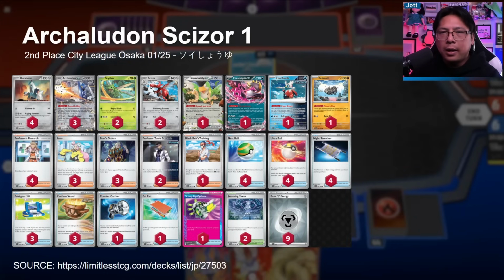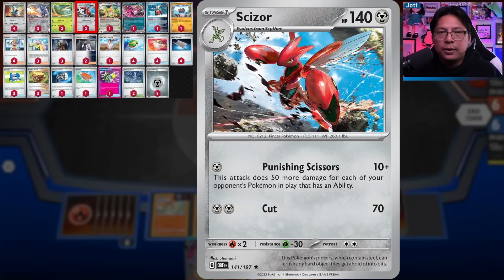Archaludon Scizor is not as popular of a way to play Archaludon in Japan, but it is seeing some results, and there are a couple of people playing it as well. This variation features Scizor from Obsidian Flames, and in particular, we're using that Punishing Scissors attack, where for only 1 metal energy, we do 10 damage plus 50 more damage for each of your opponent's Pokemon in play that has